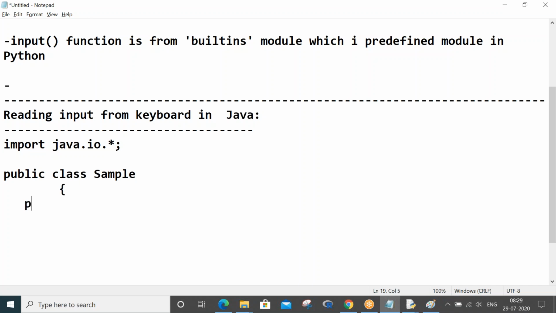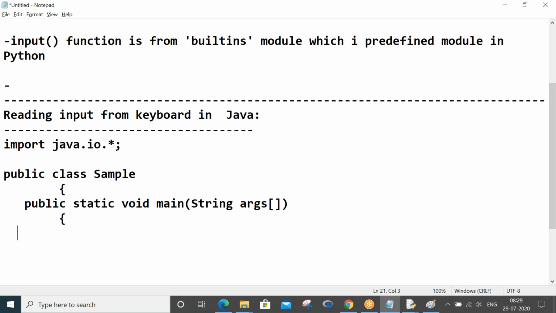Now you see, public static void main(String[] args). Don't bother, sir, why are you complicating things? Just enjoy for the next 5 minutes, not more than that.